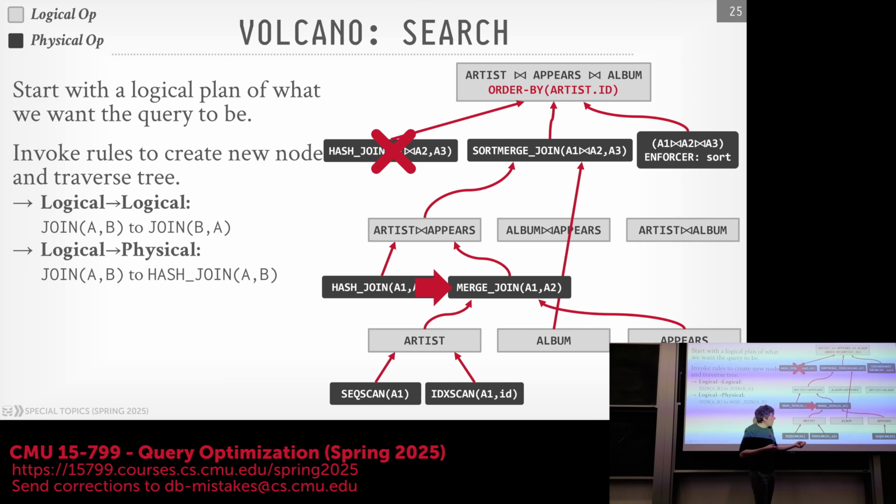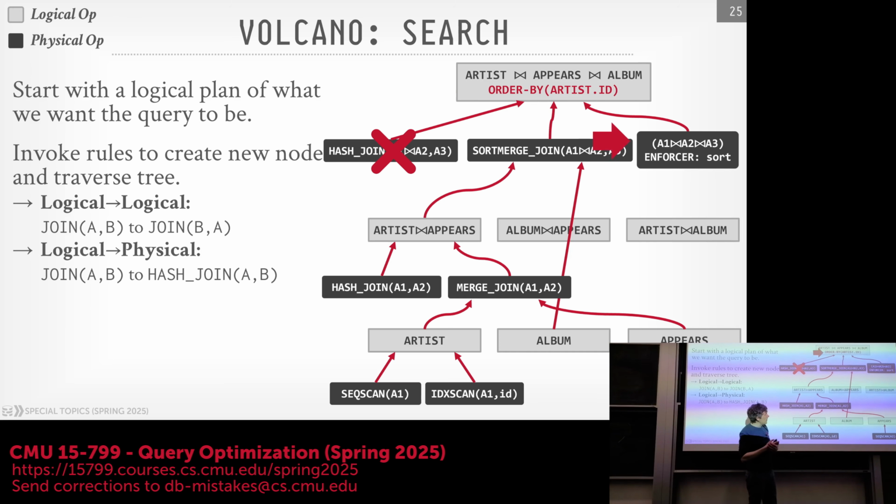So at this point, I don't need to go down to the lower part of the tree, because I already know what's going to be the lowest cost to access artists and the lowest cost to access appears. And so I can just skip that traversal entirely. I would find the cost in the hash table, the lookup table that they're maintaining, so I could reuse it. Then I bop back up to the root of the tree, and now I go down the other side